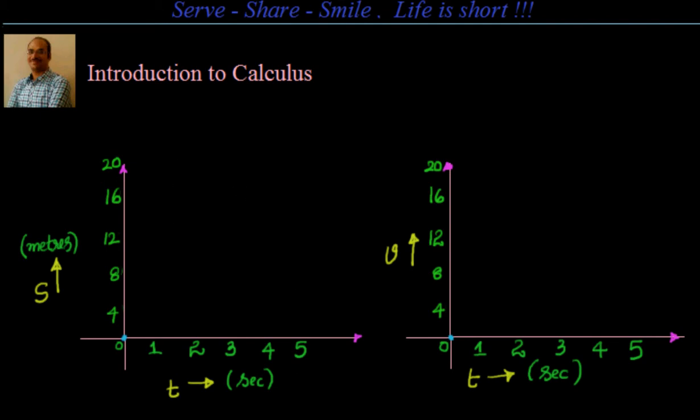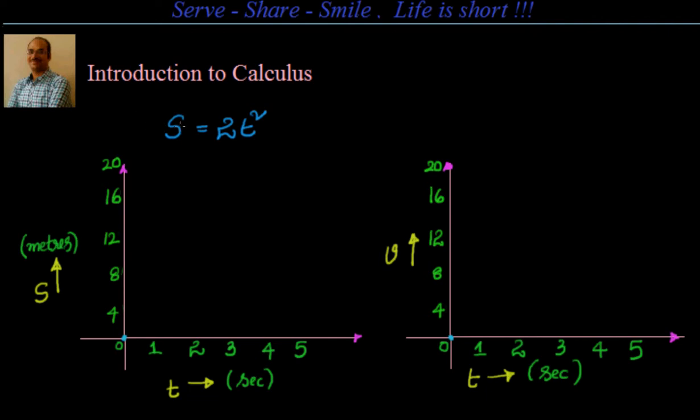I'm going to take a function now. The function is nothing but s equal to 2t square. That's a function. Now what we are interested in, we want to find out if the time changes, then how to find out the derivative of this function, that's nothing but instantaneous velocity at a particular time. First, before doing that, let's try to graph this function and see.